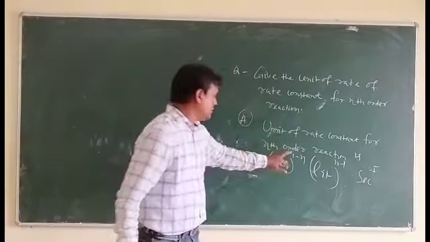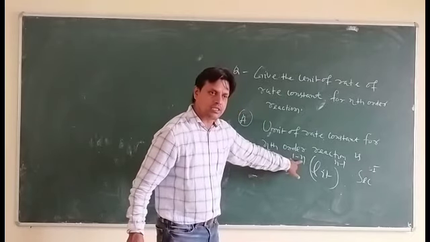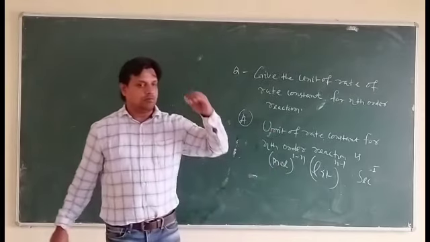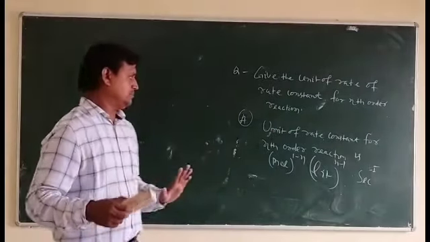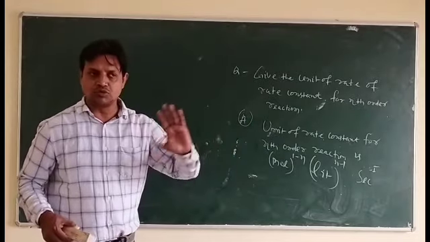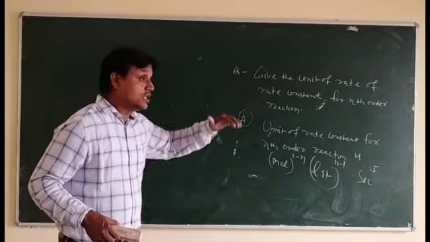For zero order reaction n equal to 0. For first order reaction n equal to 1. For second order reaction n equal to 2. For third order reaction n equal to 3. So by putting the different values of n, 0, 1, 2, 3, you can calculate the unit of